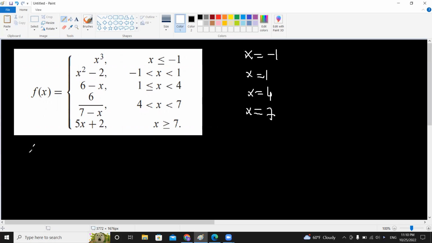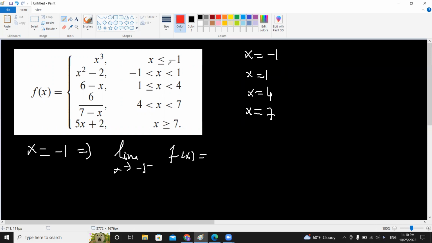First of all, let's start from x equals -1. For this case, let's consider the limit value. So as x tends to -1 from the left side, f(x) is equal